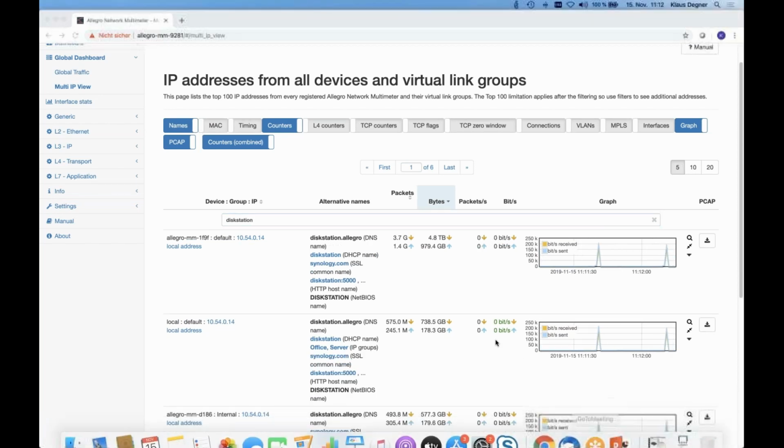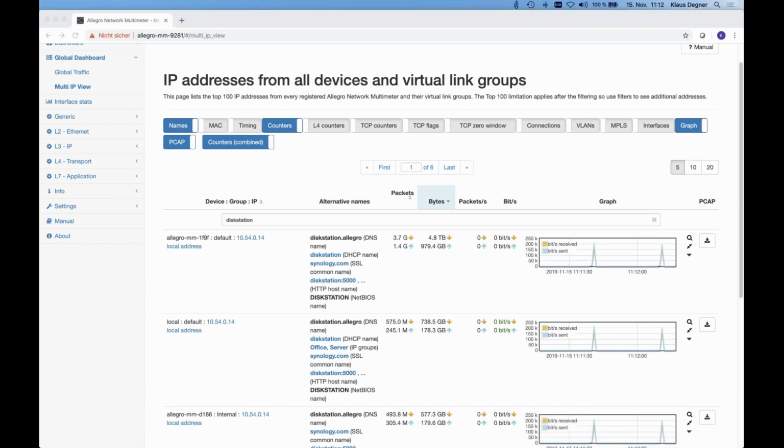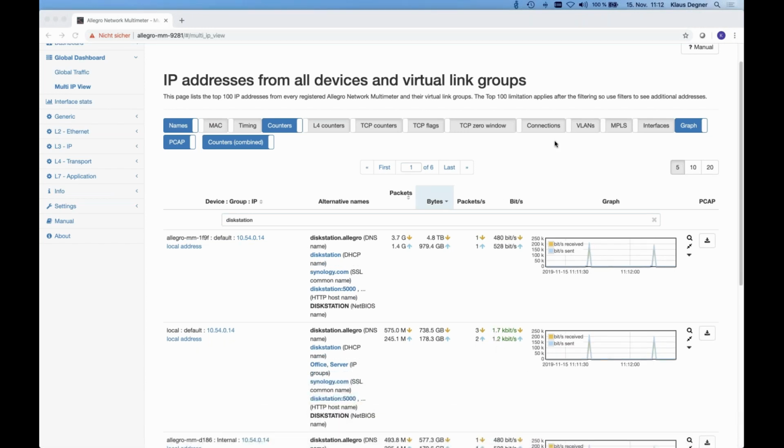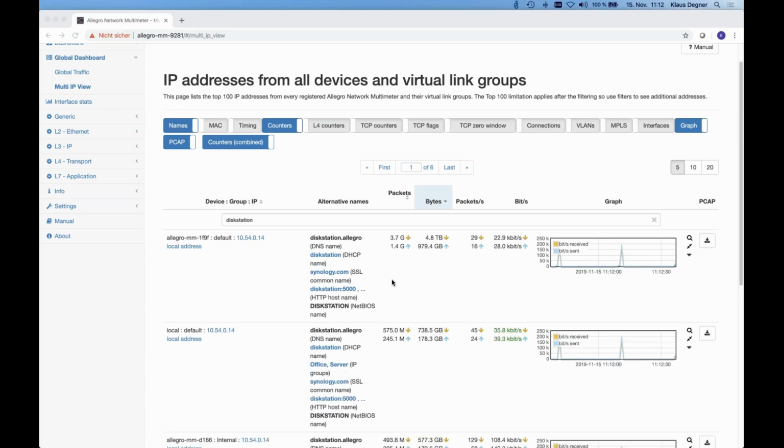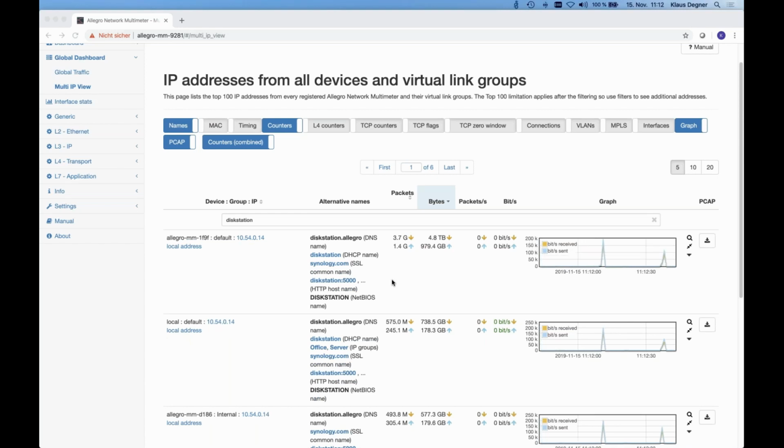Just a question, is there a limit on the number of Allegros? We designed the current concept so that it can handle up to 100 Allegros. If someone goes beyond 100 Allegros integrated into one solution, we have to see how it scales, but we are very sure that it works for up to 100 units. The problem is mostly the browser, which has to process this data, so it depends more on the computer where you display it and not on the number of Allegros. But there are also solutions to enhance that limit. Right now, 100 Allegros shouldn't be a problem. If it's more, we have to see.